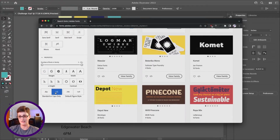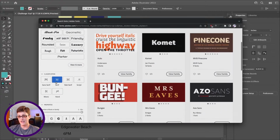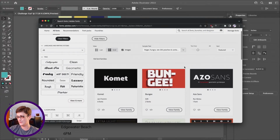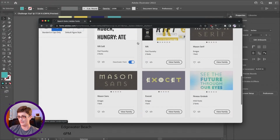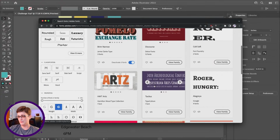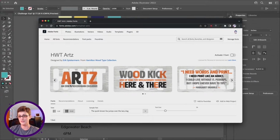So down here, I can select fonts that are only all caps. And let's pick a heavy font. So let's pick something with some weight. Now I can browse through fonts. I like this Bungee here, and pick something that I kind of like. I think we used Rift before. Ooh, let's go with this one. I like that it looks kind of friendly and it's got some accents to it with that swoopy R,